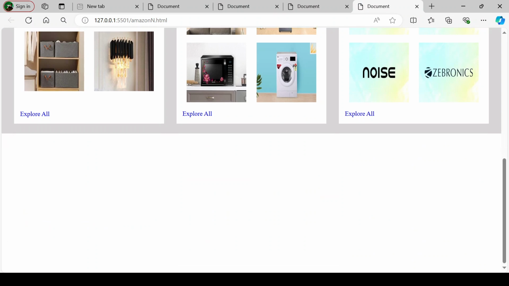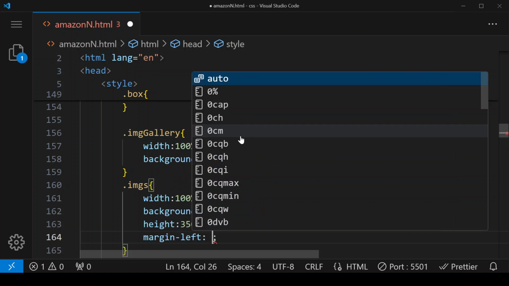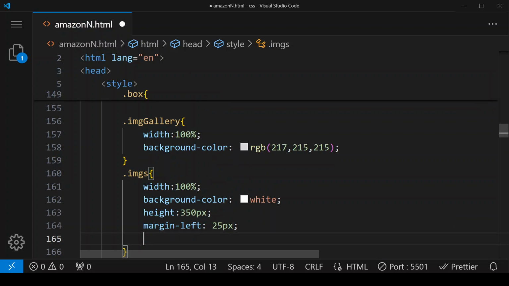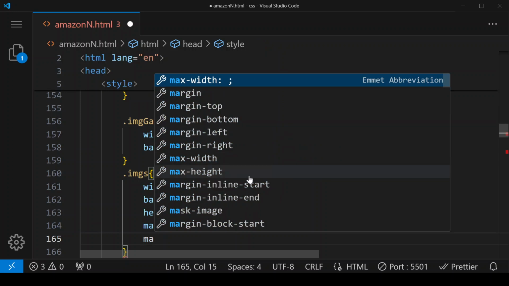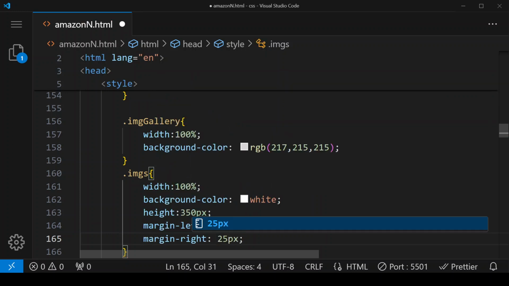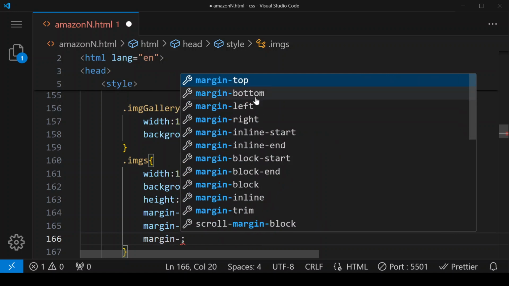Now we have to give margins here. So to this div, which is holding that white background, I'm giving margin left to be 25 pixel, margin right to be 25 pixel, and margin bottom to be 25 pixel.